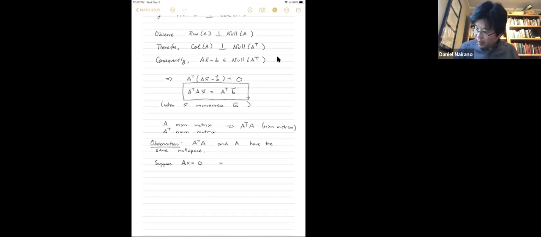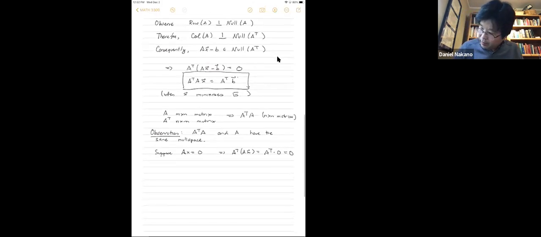That means that if I take A transpose times AX, this is equal to A transpose times 0, which is 0. So the null space of A is contained inside the null space of A transpose A. If I take something in the null space of A, it has to be inside the null space of A transpose times A. Now, conversely,